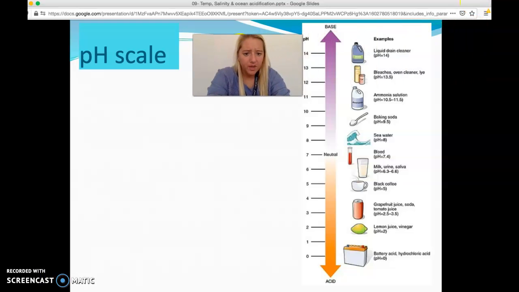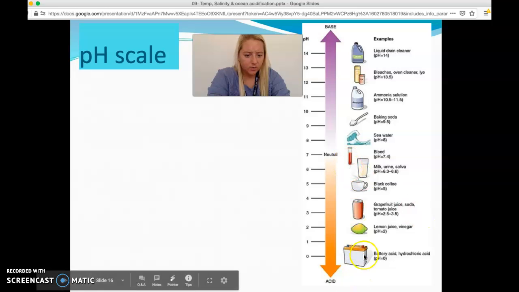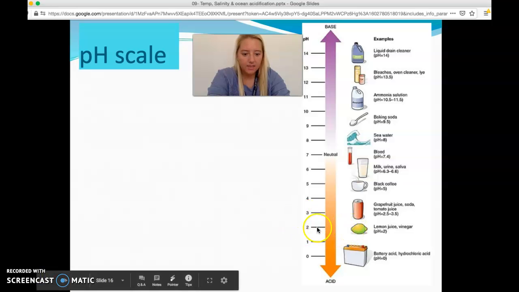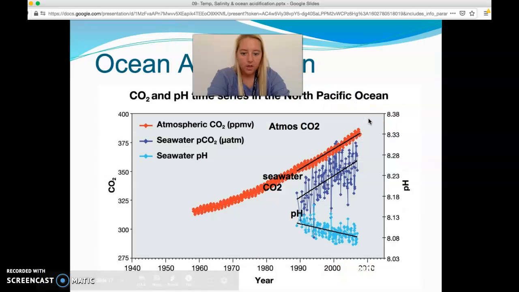Just so you know, here's our pH scale, and we're going to study this more when we study the weather systems, but these are acids down here, these are bases, both scales. The closer you get to 14 and the closer you get to 0, the worse it is for an organism. Here is an example of how much,